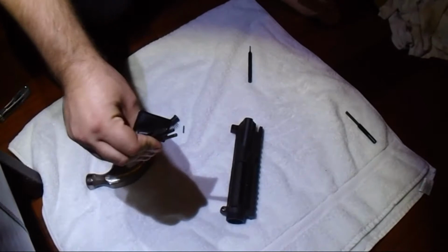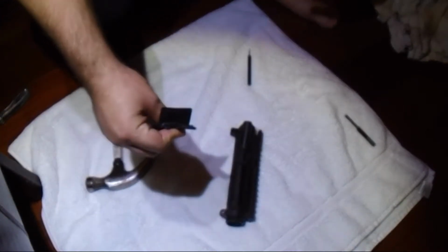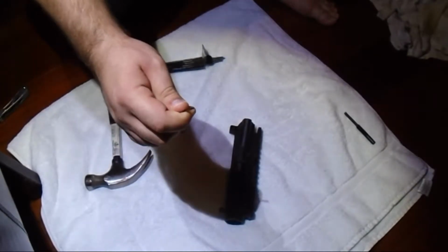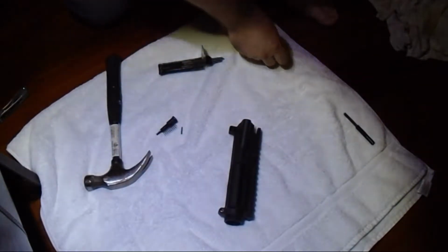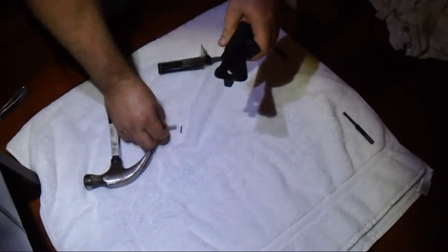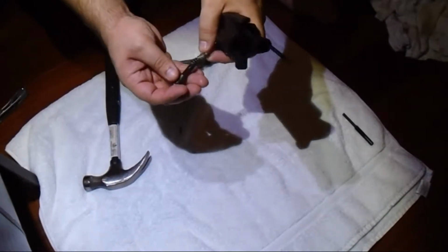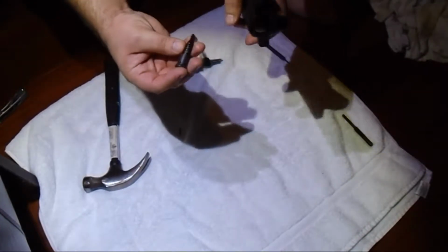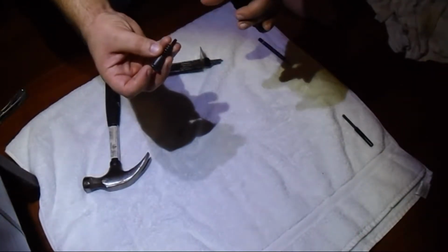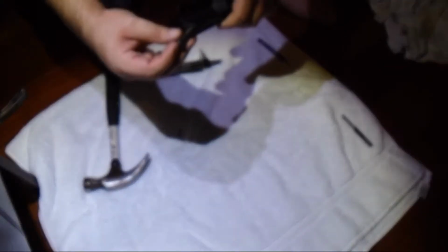You're going to need roll pin punches. You might want to finish it off with this other type of roll pin punch. We'll see how it goes. We're going to put our spring on our button. We're going to go ahead and